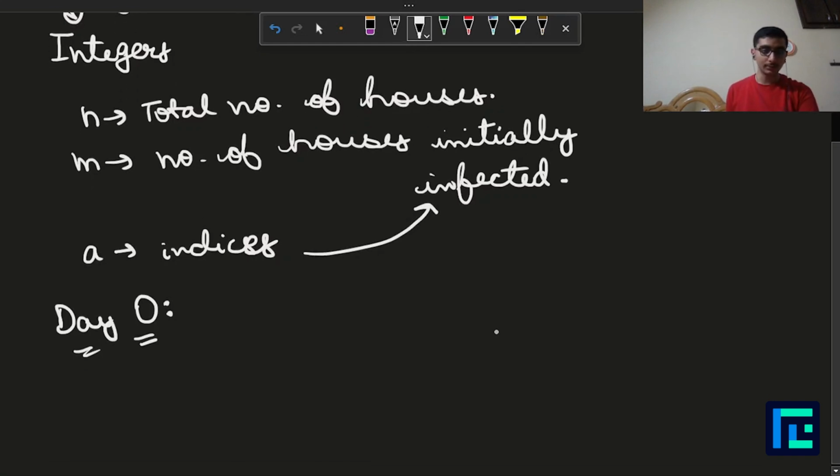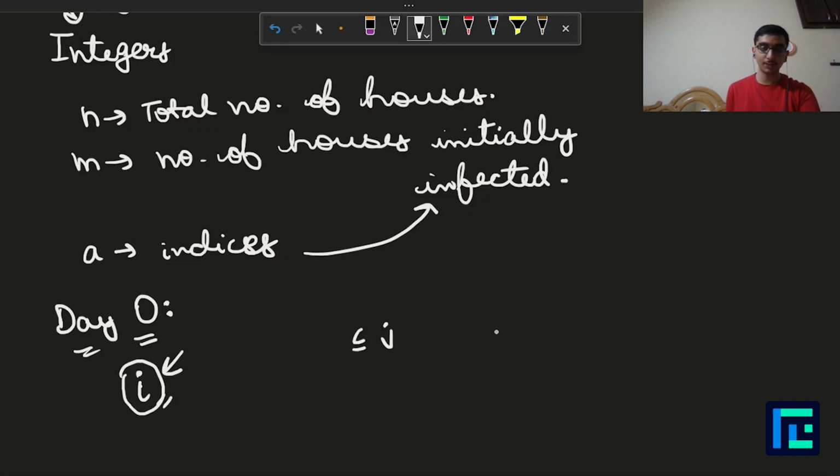You can select a house and then that house will not be infected ever. So it gets permanent immunity. Now this can be repeated every day, and after, let's say, day 0, Cyrno picks a house with an index i. That house is permanently protected from infection, and then all the houses,